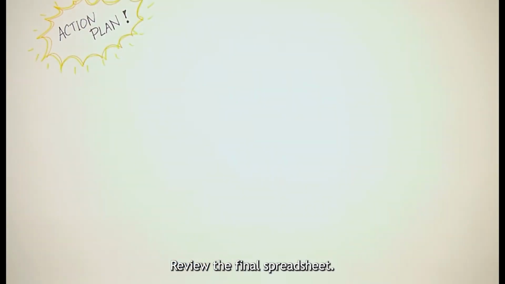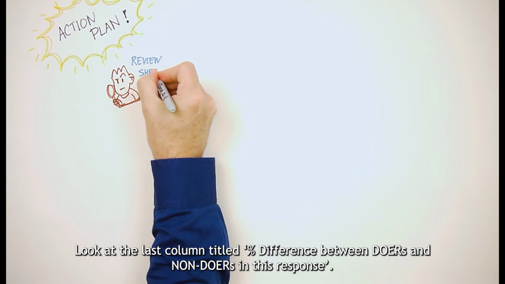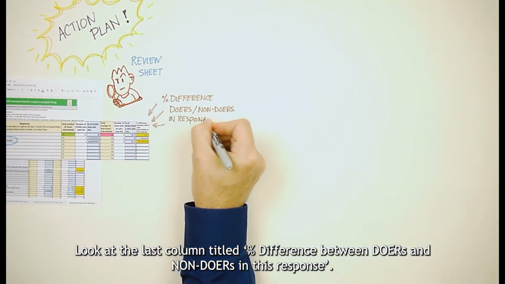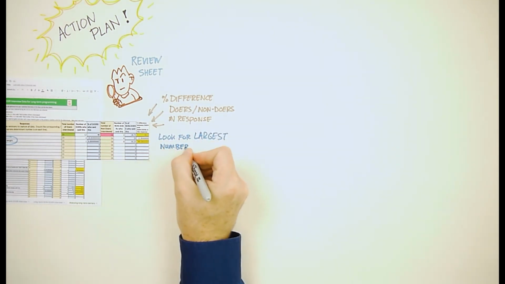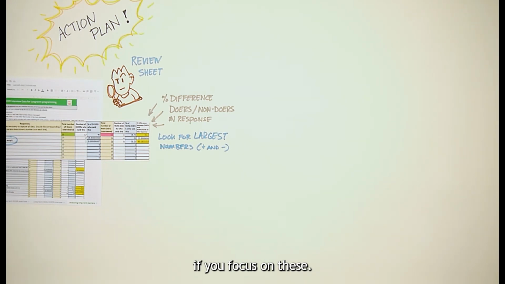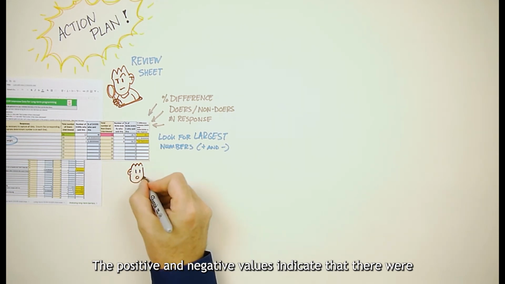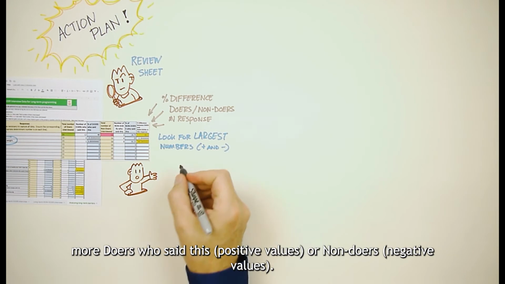Review the final spreadsheet. Look at the last column titled Percentage Difference Between Doers and Non-Doers in this response. You will look for the largest numbers. These are the responses that are the most significant and most likely to result in behavior change if you focus on this. The positive and negative values indicate that there were more doers who said this, that's positive values, or